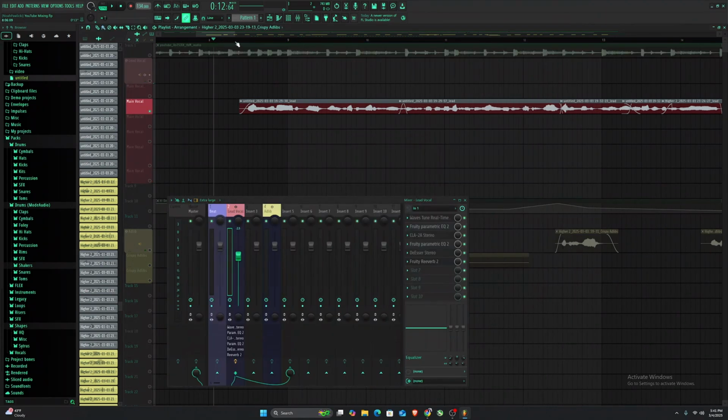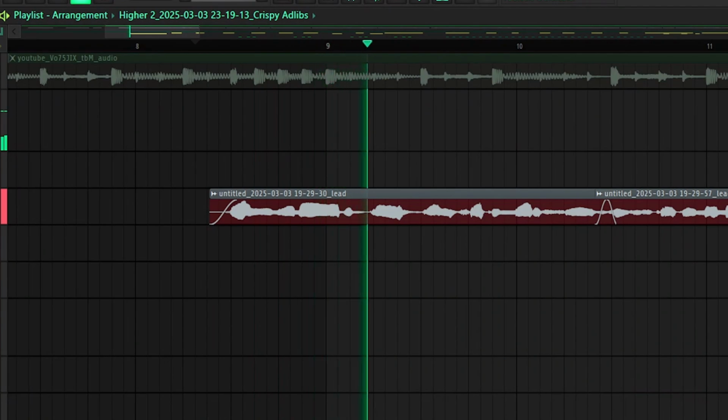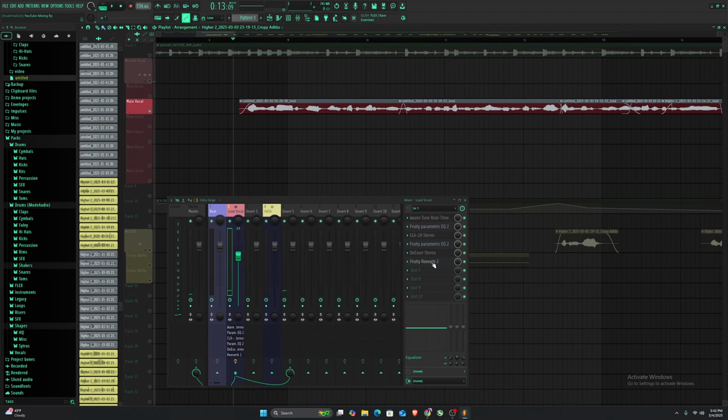So if I solo this vocal with the reverb, higher than I ever been. I ain't talking medicine. You can hear that the vocal lost a lot of its depth that we just worked